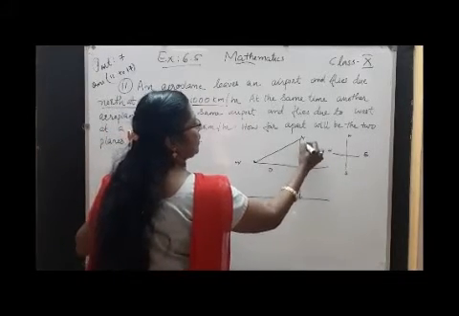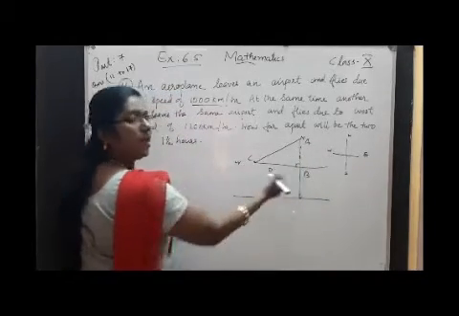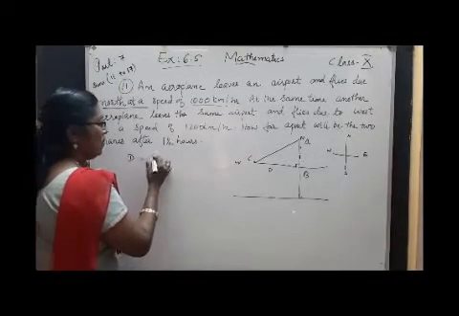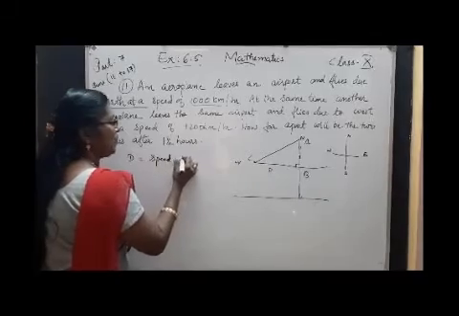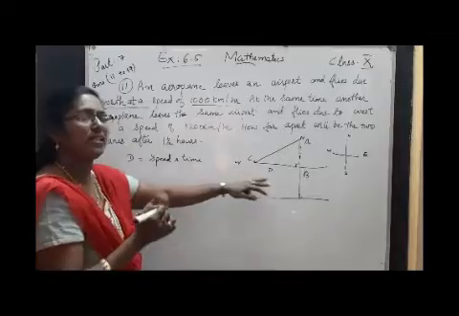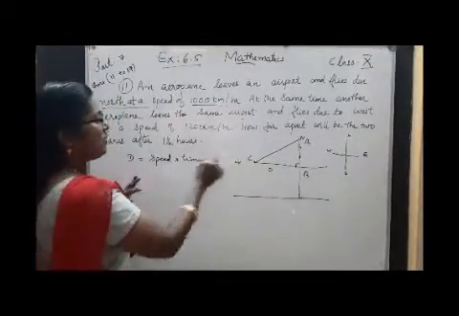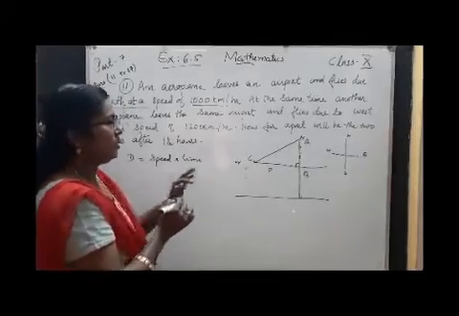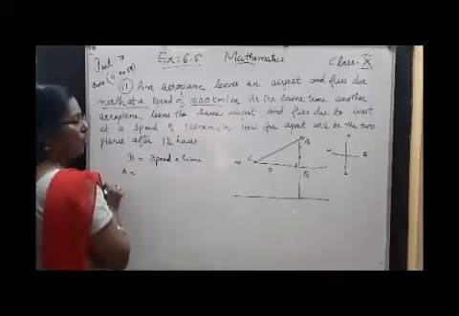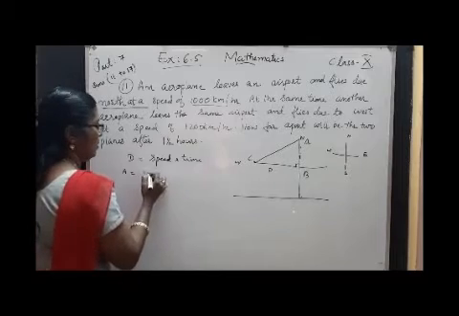Let us take the names A, B, C. Consider this as a right angle triangle, right angle at B. What is distance? Distance equals speed into time, isn't it? Yes. To find the distance, multiply speed and time. Here, the first plane, the distance of AB. So we want to find the distance of AB. AB equals, here the speed is 1000 km per hour.